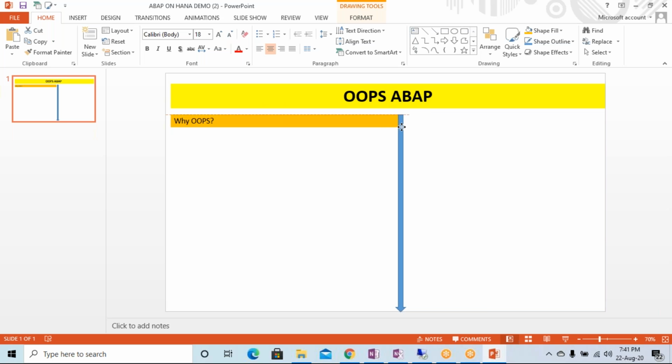Okay, so the drawbacks of procedural programming. Procedural means the normal code we write in ABAP, simply going into SE38 and starting to write the code over there. Okay, so here the problem is,